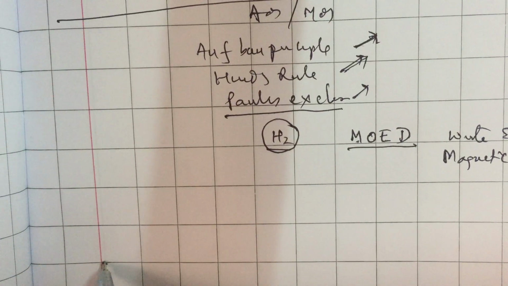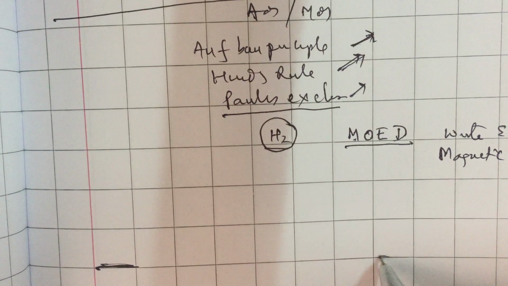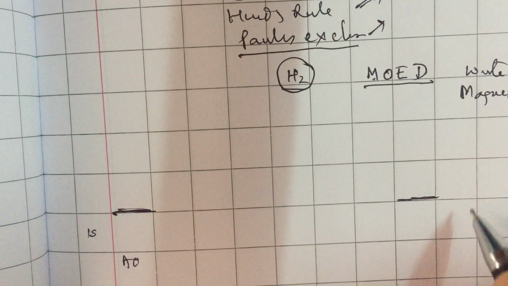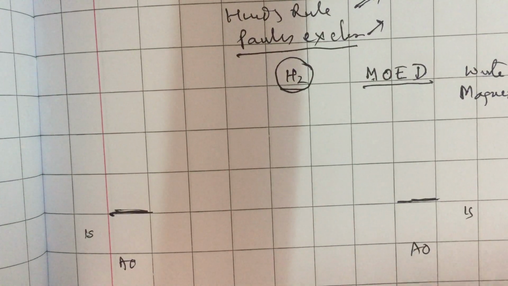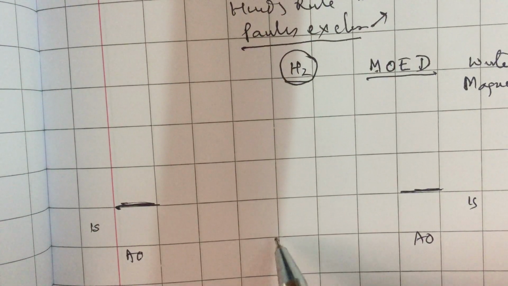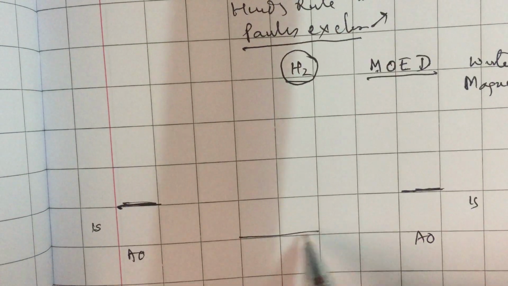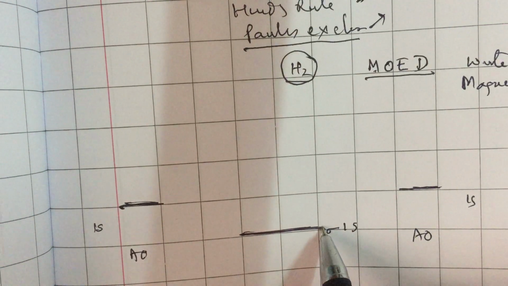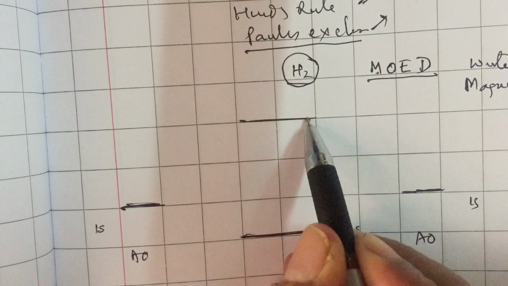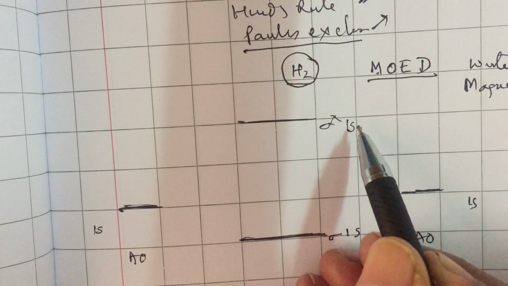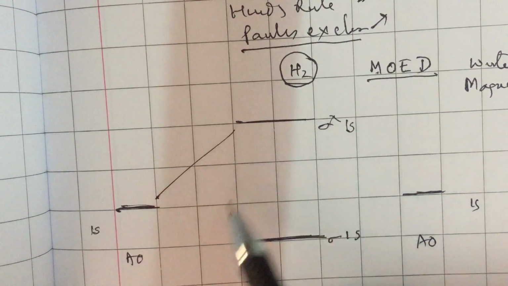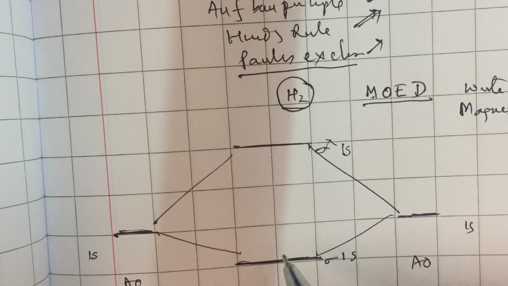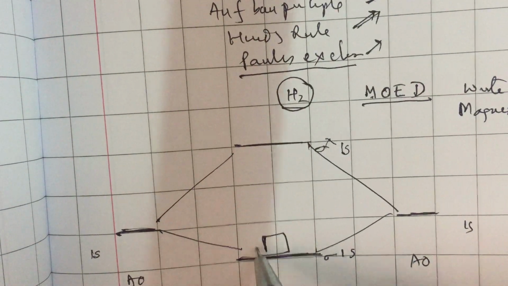So in a hydrogen molecule formation, two atomic orbitals of two hydrogen atoms are involved. I say it is the 1s atomic orbital of one hydrogen, the 1s atomic orbital of another hydrogen. When these two atomic orbitals linearly combine, in-phase union results in formation of sigma 1s orbital, which has lower energy, and sigma star 1s orbital, which is of high energy. These are formed from these. And now we can put a box to represent them.